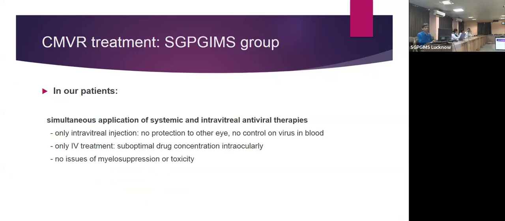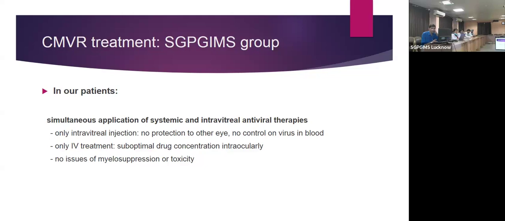And our approach is we use the simultaneous application of systemic as well as intravitreal antiviral therapies. With intravitreal antiviral injection only, as I have said, there is no protection to the other eye, and the virus is in the circulation. No doubt, if we don't protect the other eye, it will get involved sometime in future if one eye has been involved. So intravitreal alone will not work in the long term. Only IV treatment,